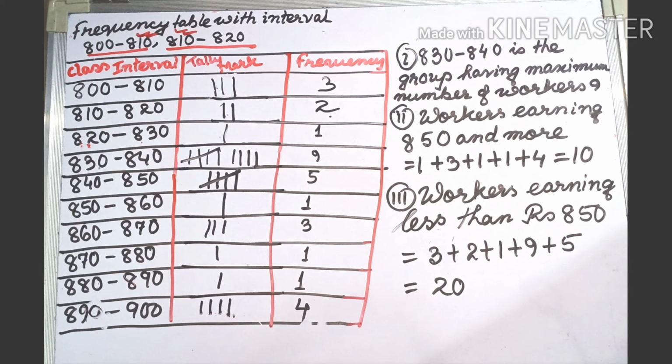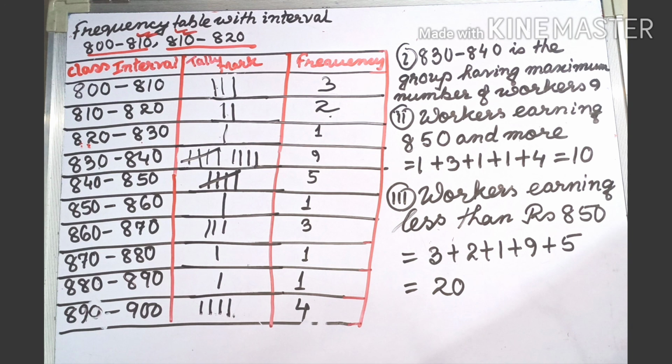So from 850 to 860, from that level you have to count down. Okay, so 850 to 860 it is 1, then 860 to 870 it is 3, then again 1, then 1, after that 4. So together it is 10. Understood? And the third one is how many workers got less than 850 rupees. So less than 850 rupees, that means up to the 840 to 850 group, up to this much